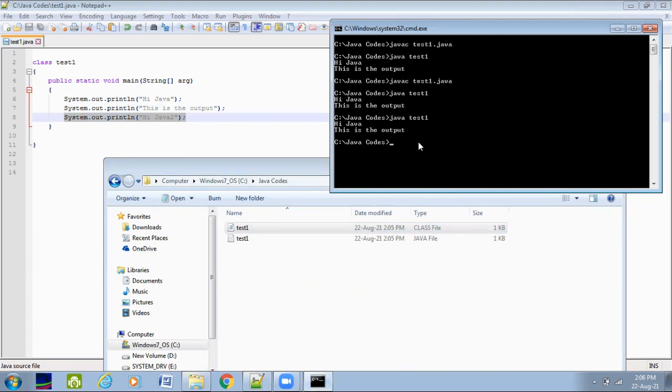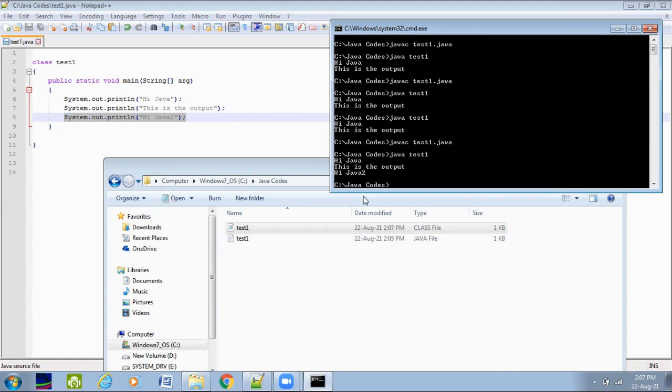So what it is doing, it will never directly execute your source file. It directly executes your bytecode. Now let me change the bytecode file. To create a bytecode, I'll call javac and recompile. Wait for 2 minutes, it's compiled, and now when I run it, you'll be able to get the output.